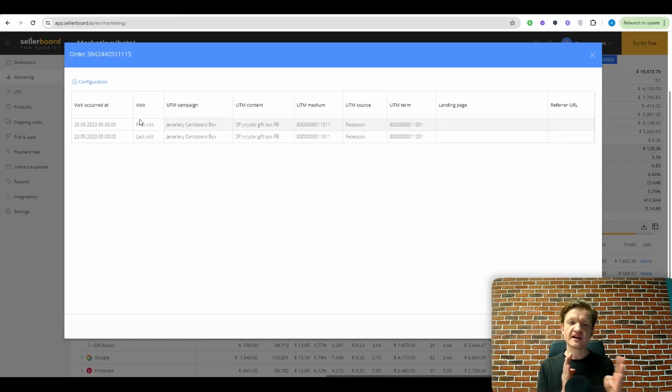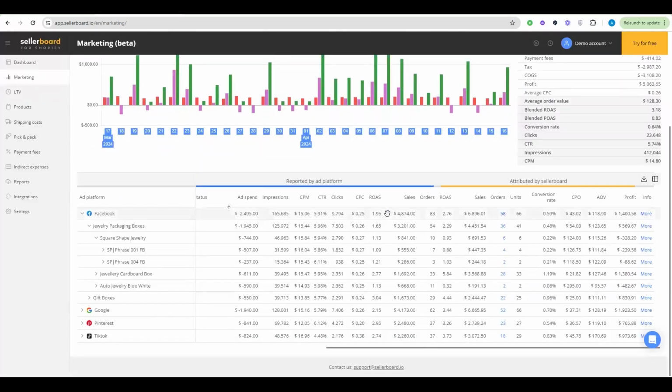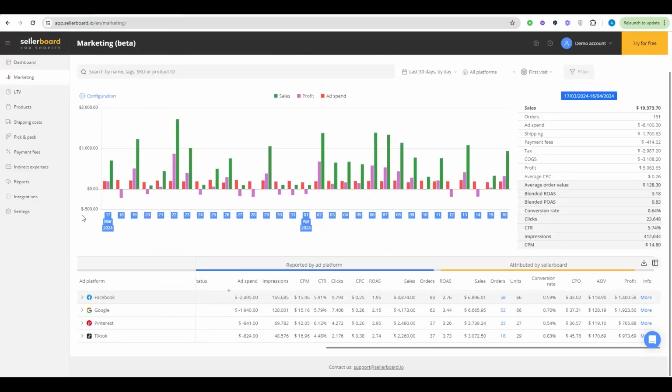So if we don't have a certain set of data metrics, then we will switch to the other ones. But given the fact that Shopify provides a very large range of data, we can actually say that our attribution model is a lot more accurate than the advertising platform data and the attribution that they do.